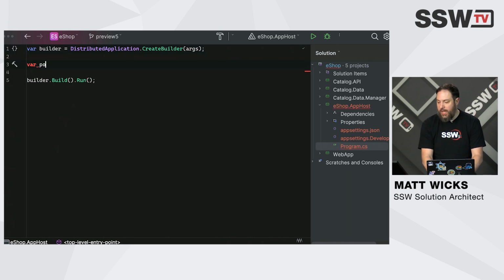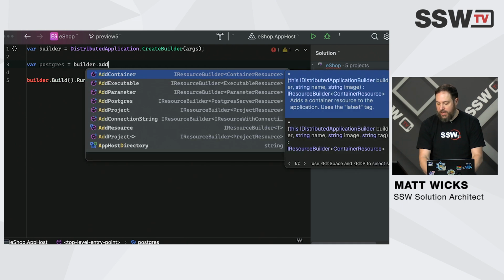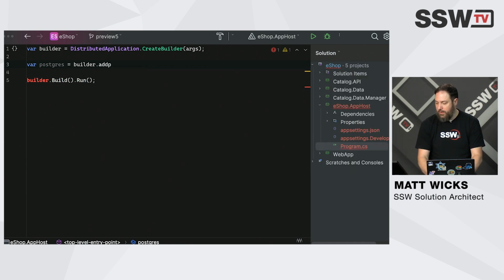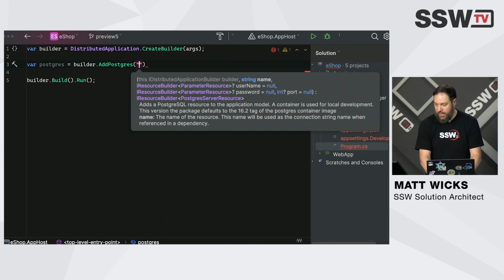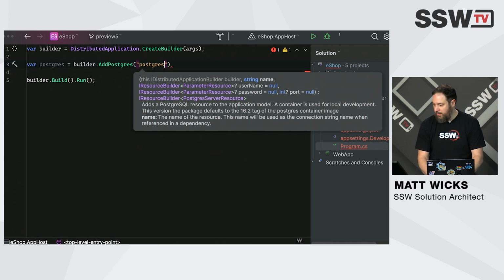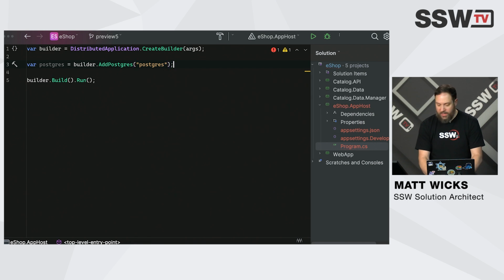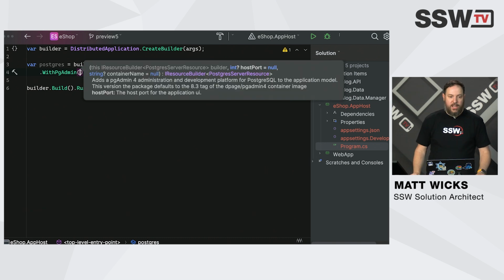So I'm going to create a Postgres by calling builder.addPostgres. There we go. Now I need to give it an identifier here. There's a whole bunch of different parameters I can give it. The first one I need is a name, not eShop on web. Get a Copilot. You're going to stuff up my demos if I do that, because I wasn't planning on all that. Let's do that. And just for fun, we'll even add in pgadmin,